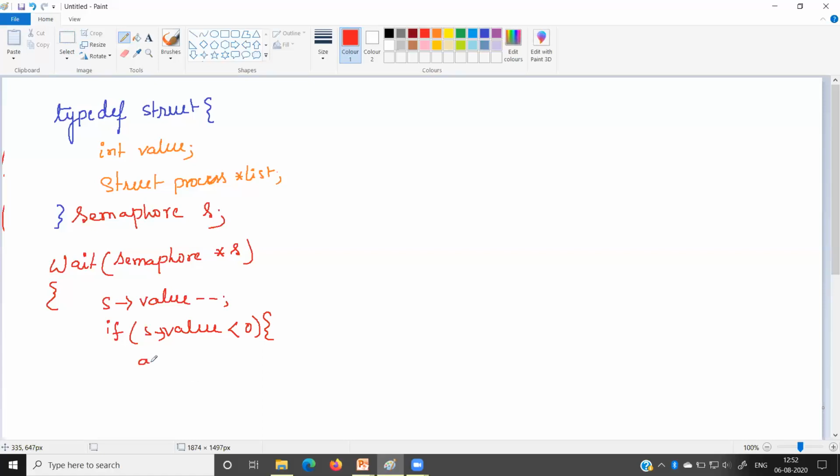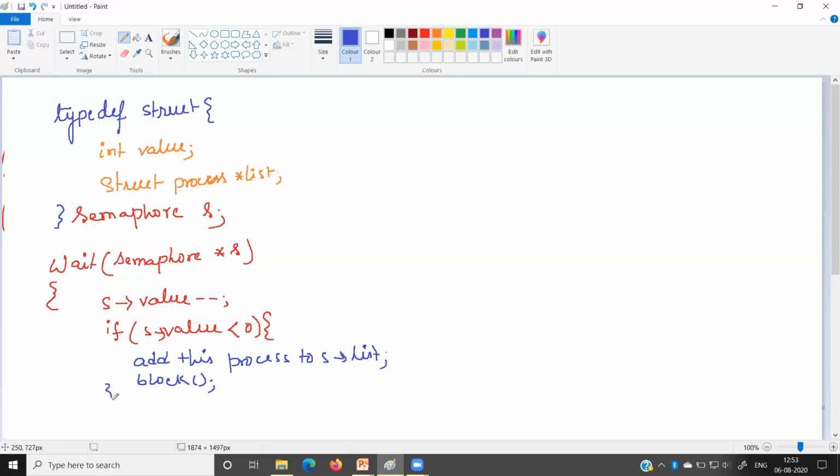So we will add this process to s->list. Then after adding it, we will block the execution, that means we will stop the execution of the process.